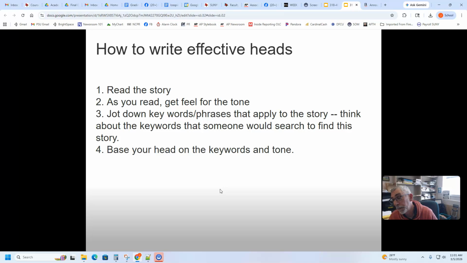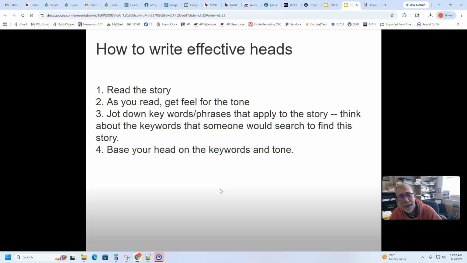But the keywords are useful. Keywords and phrases are useful also just for print headlines, and making a list of them can help you come up with a good head. So it works both ways. But online headlines are more focused on actually using all those keywords. And we should keep a distinction between print headlines and online headlines. Print headlines may be appearing with a photo, which may help to set things in context. Or maybe it's on an international page or something. Or maybe it's in a package with other stories on a certain topic. And all those things add to the context. You don't get that online.